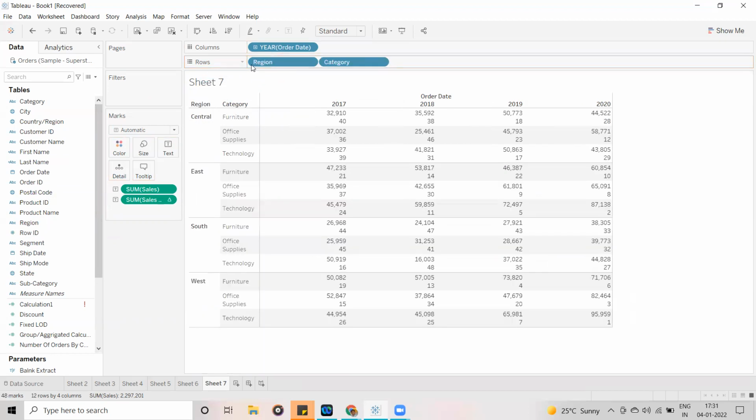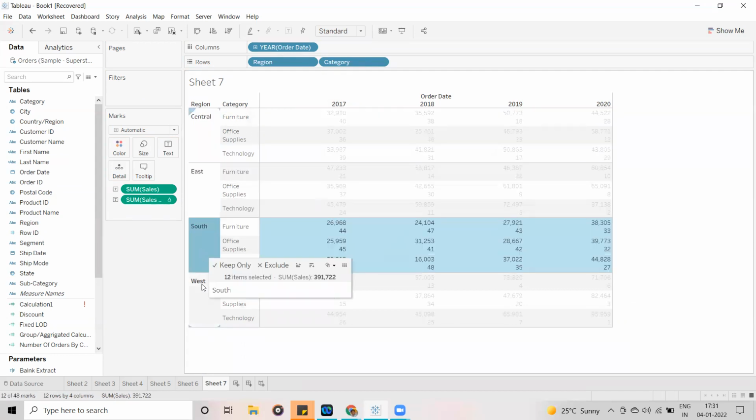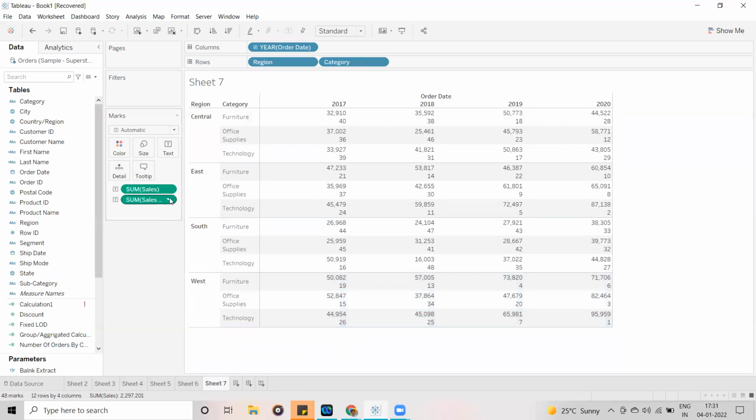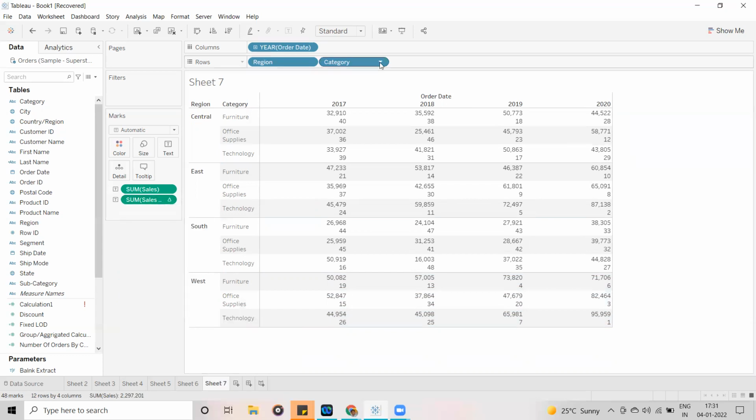Now, whenever you have this different pane-wise data, you are going to get the pane down and pane across options. Okay. Now again, compute using. When I do pane down, what is going to happen is the ranks are going to be assigned per pane. Pane down means this is one pane.